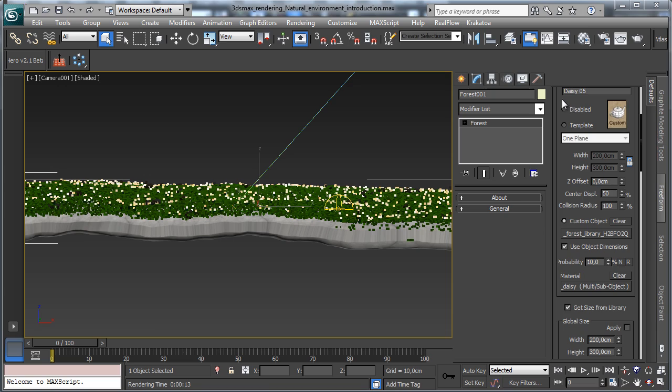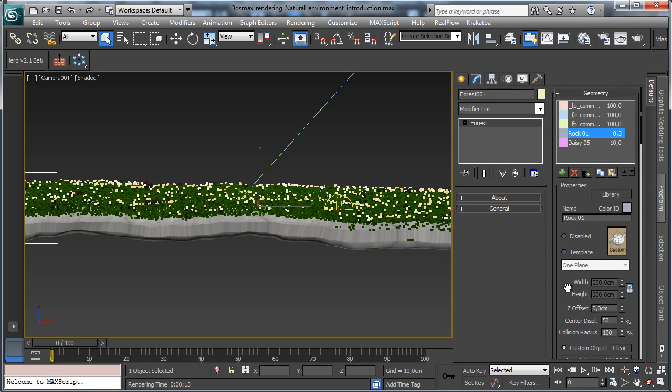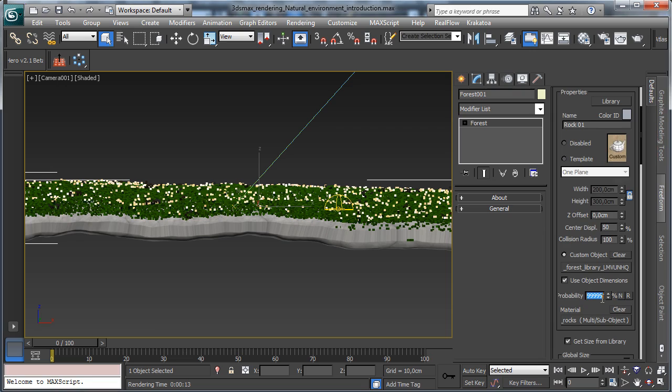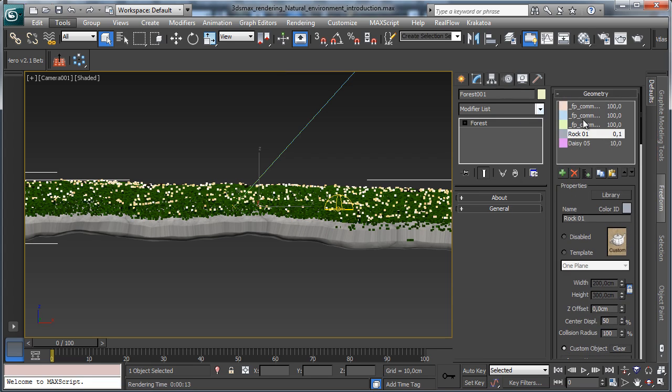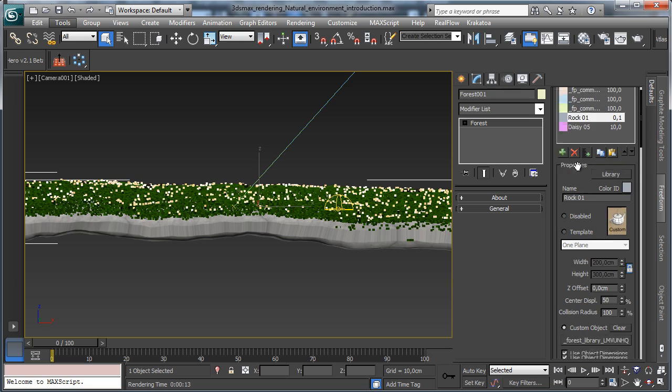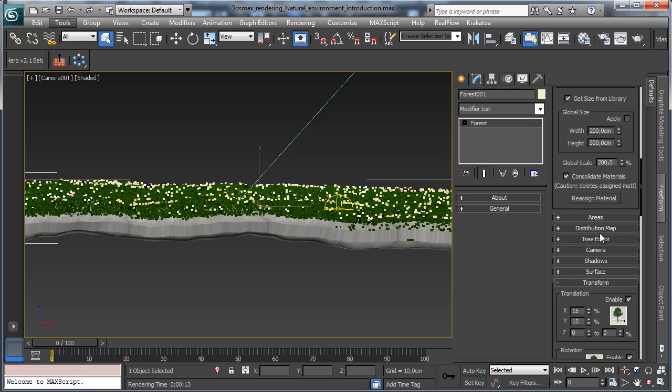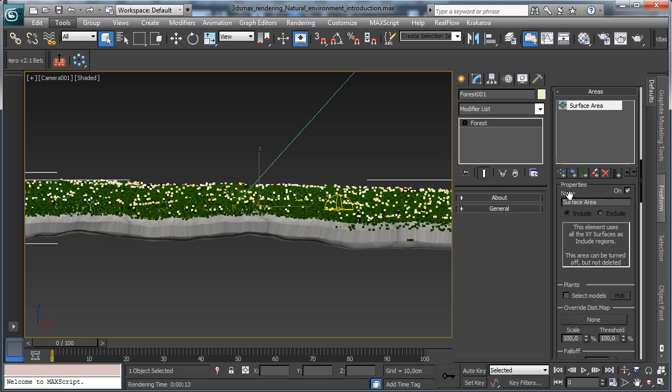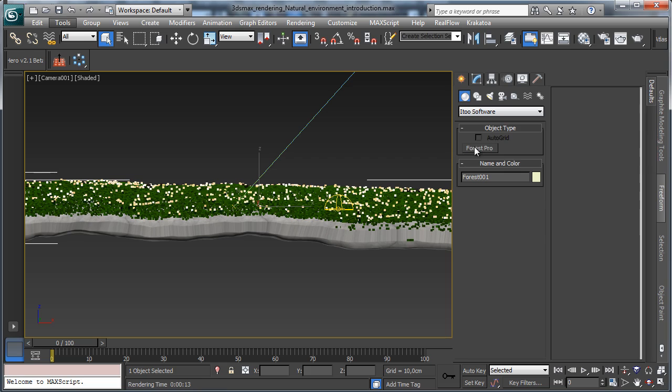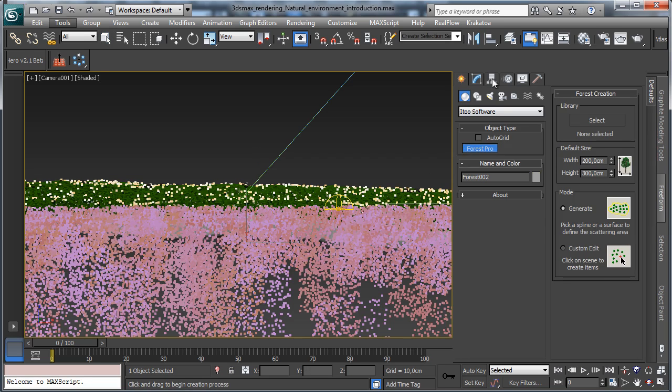So let's go back there, and the rock can have maybe 0.1. Okay, now I'd like to add some plants, some trees, and to add the trees we can add them there, or maybe we can add another forest, just to control the trees and just the tree, and that's all. So for example, we can add another forest,